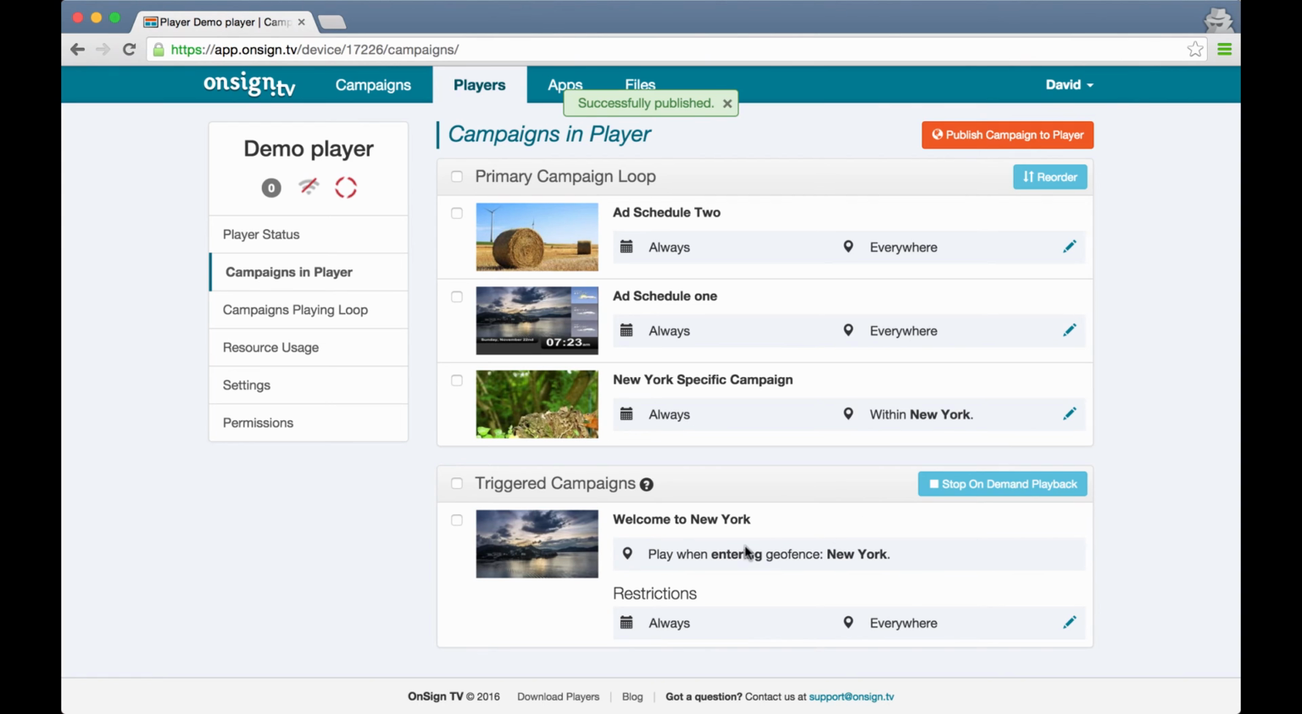I could even add additional filters here, like for example, okay, I want this to always play in New York but only on Monday. The same thing here, I want this to be played back while crossing or while entering New York only on, let's say, noon to 3 o'clock. So there are many ways that you can